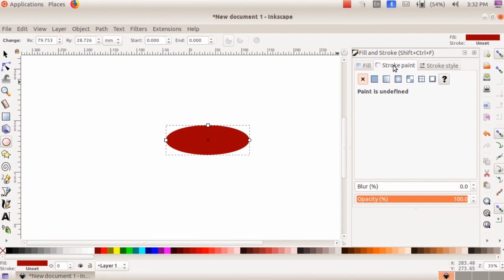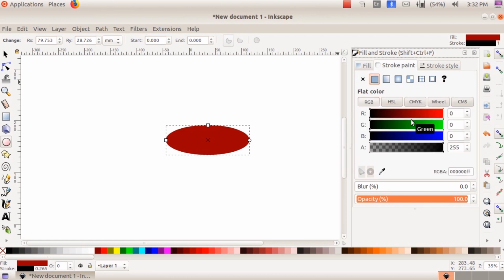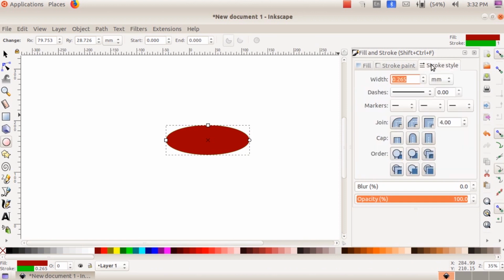Then stroke paint. Stroke means the border area. If you want to remove it, no paint can be used. To change the color of the stroke, just click here. Now the width of the stroke is very narrow, so we can use this menu, stroke style.